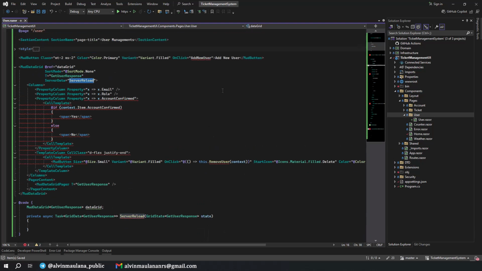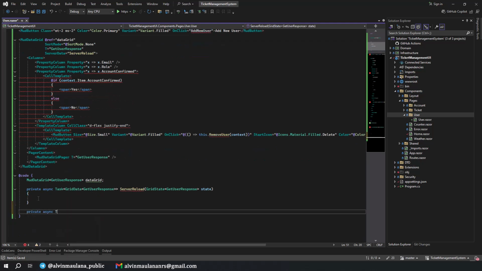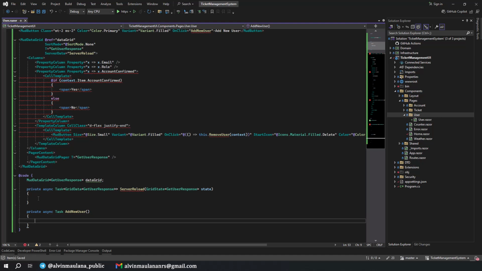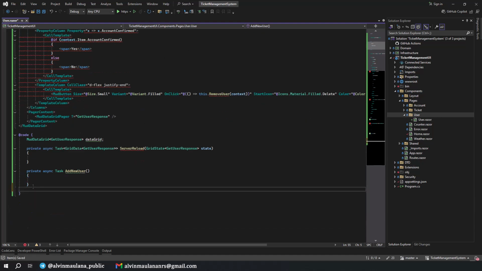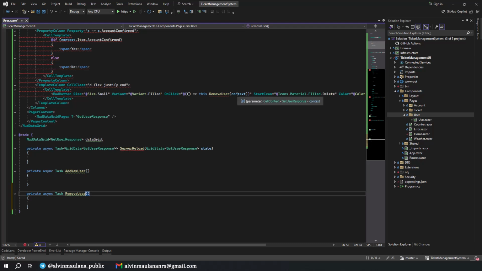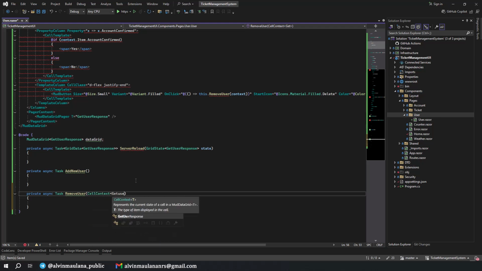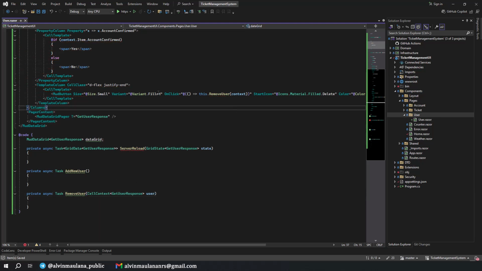And maybe we can define the add new user function, private asynchronous task, this one. Okay, nice. And the remove user, I duplicate it, put it here, and it has a parameter of cell context get user response, cell context get user response user. Okay, nice.